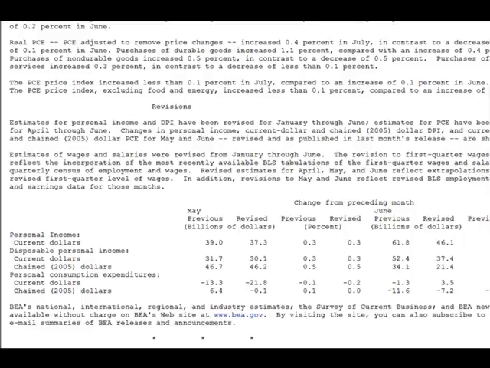The obvious shortcoming of the PCE price indexes is that they come out about 2 weeks after the CPI report. The Federal Reserve sees the PCE price indexes as superior to the CPIs. The PCE price indexes are chain-weighted indexes, meaning the component weights are updated every year and chained together. In contrast, the CPI has fixed weights from the base year.